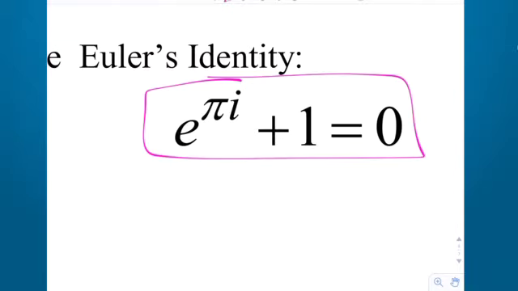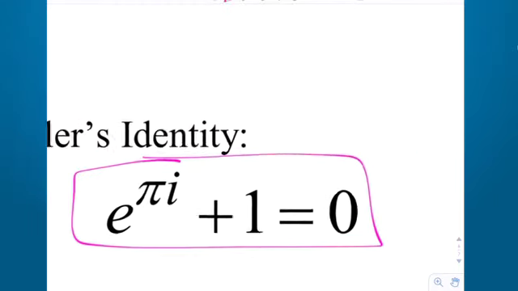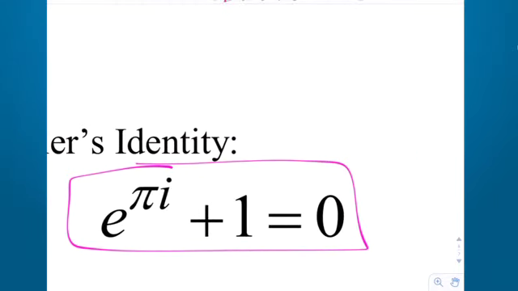It has, of course, the two most famous irrational numbers in all of mathematics: pi, the geometry irrational number, and e, the analysis number or the calculus number. And then it, of course, has i, the imaginary unit, which is the square root of -1. So all contained in one tiny little equation. It's beautiful. Now, some people have then used the very existence of this equation to prove the existence of a